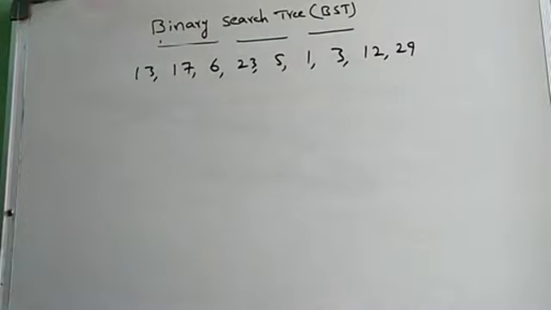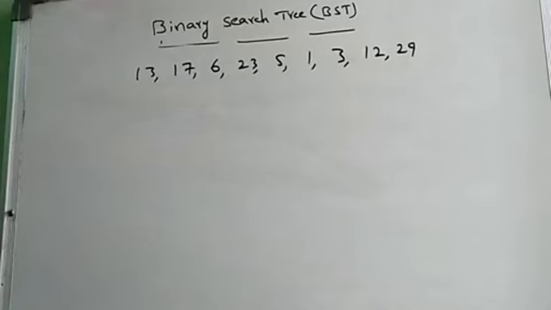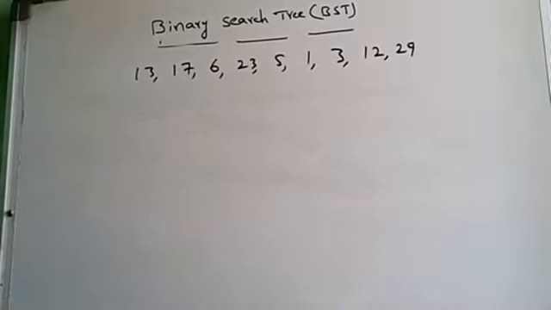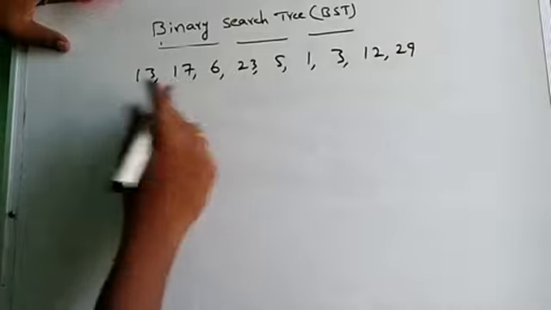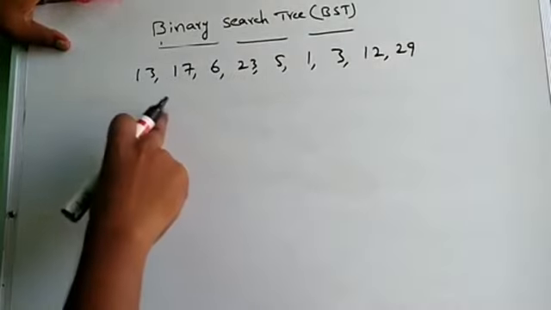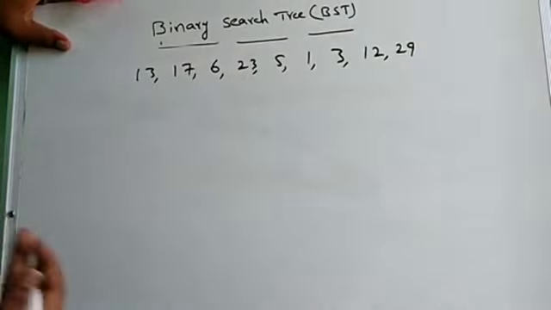Whenever they ask a question like this, first write the definition of binary search tree, then the properties of binary search tree, the insertion properties, and then take the example given in the question and try to construct a binary search tree step by step. For each step, 1 or 2 points are required. So first you can start from 13. Is there any tree before adding the node? No, there is no tree. No tree in the sense there is no root.